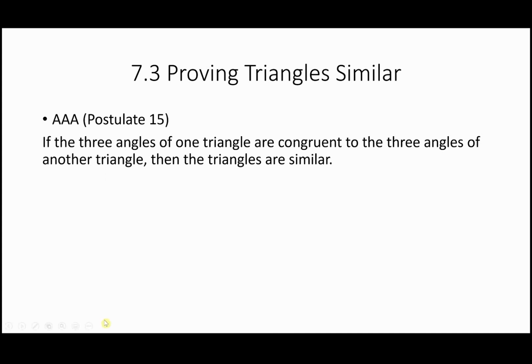Okay, so what is AAA? Now, if you recall from 5.1, this was a no-no for trying to prove triangles congruent, but it's totally fine for proving triangles similar because it just really outlines that first condition in the polygon similarity definition, if you recall from 7.2, which is to say that all corresponding angles among 2 similar triangles are congruent. So if you can show that all 3 of them are congruent to each other, then you can prove that